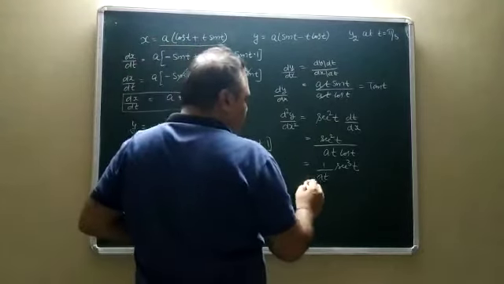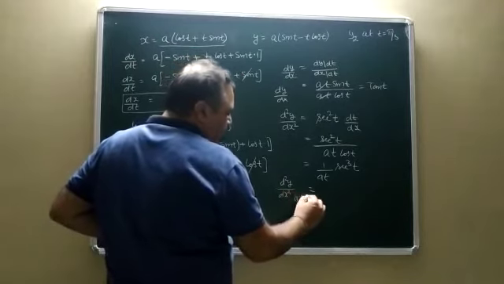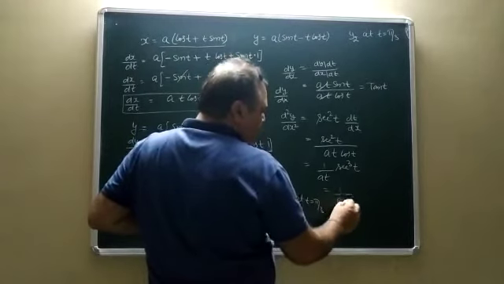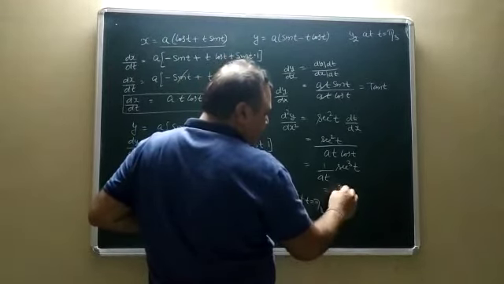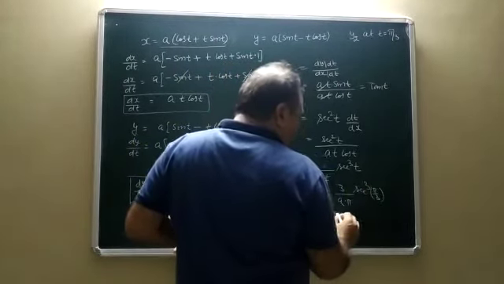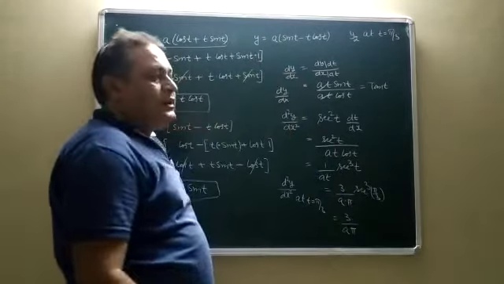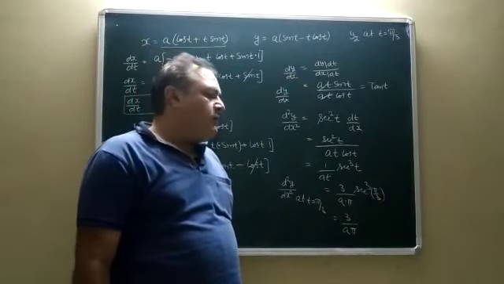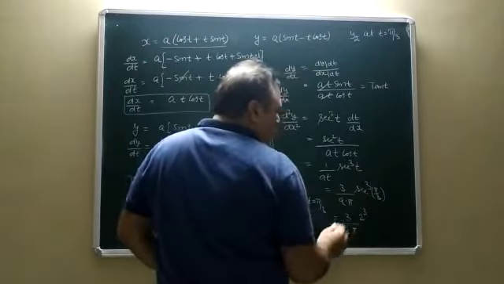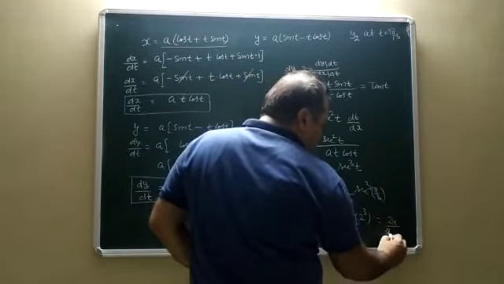In that case, we substitute the value. We write here d square y by dx square at t is equal to pi by 3: 1 upon a into pi by 3, this 3 will be transferred, into sec cube pi by 3. It is equal to 3 upon a into pi, sec 60. Sec is the reciprocal of cos. Cos 60 is 1 by 2, so sec 60 is equal to 2. So it is 2 cube, and 2 cube is equal to 8. So the answer is 24 upon a pi.